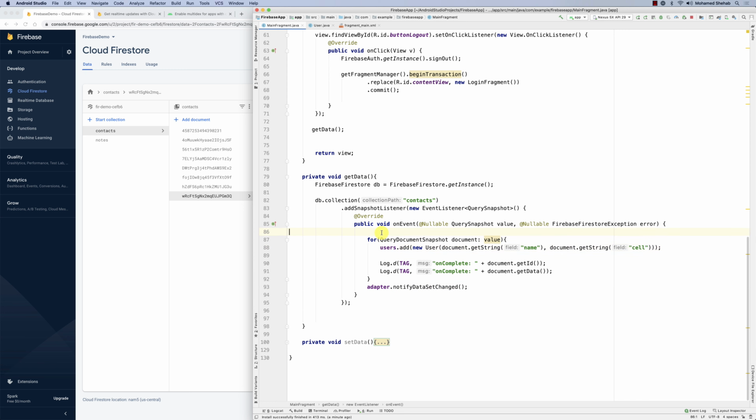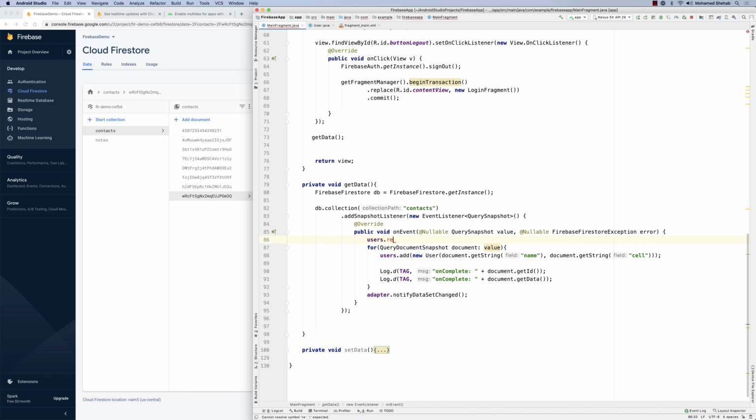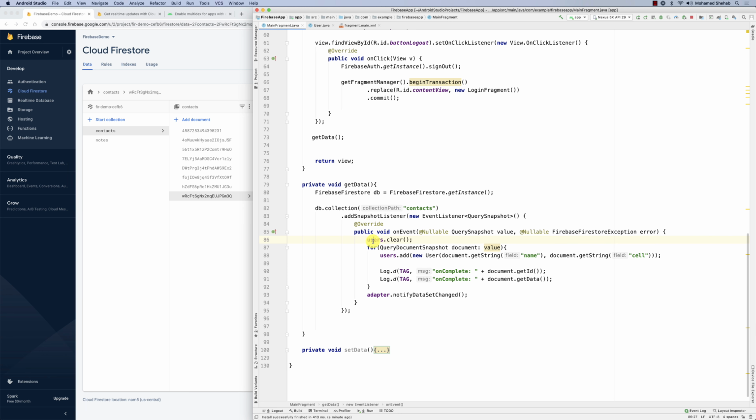But that list already had some previous ones, so maybe we need to go to the users and then remove, or remove all before we repopulate the list, right? So basically, or clear, the method is called clear. So just clear everything from it and then repopulate it, right? So now when we run this,